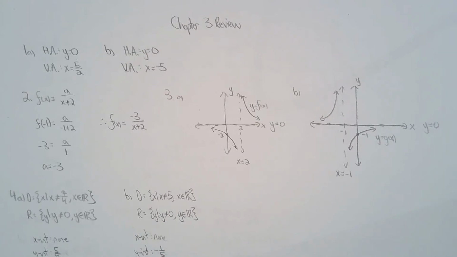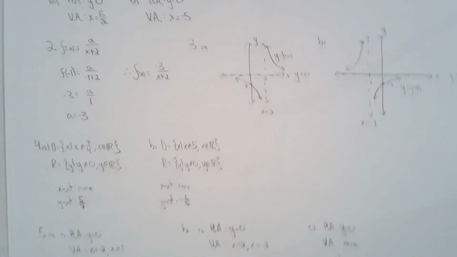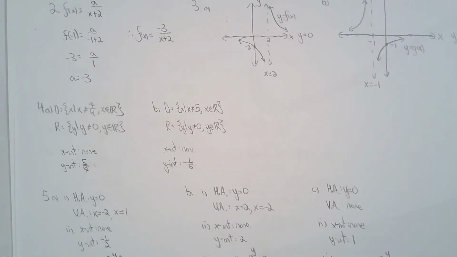So find the intercepts, find the asymptotes, and you should be able to sketch the function. For question 4, for each function you want the domain and range, pretty straightforward, and they want you to find or state the intercepts. For question 5,